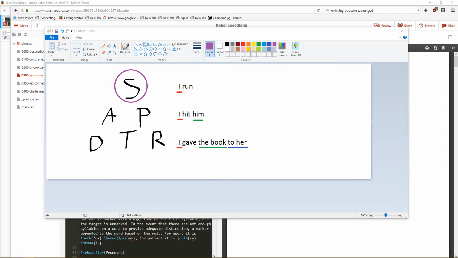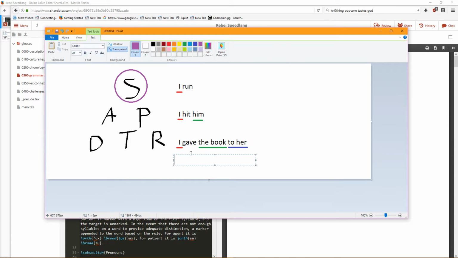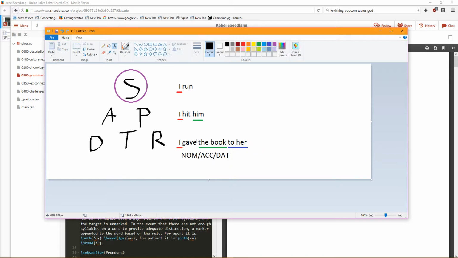Let's stick with the simple idea of I gave the book to her, where her takes on an almost dative form. So English here, I'm willing to call nom-acc-dat. Obviously, it's not true, but it's a reasonable way to look at this. We're using a nominative, an accusative, and a dative here. But the accusative is agreeing here, and the nominative is always here.